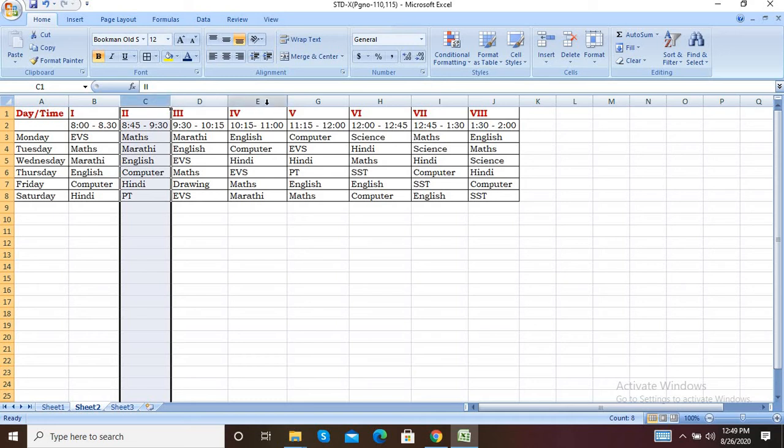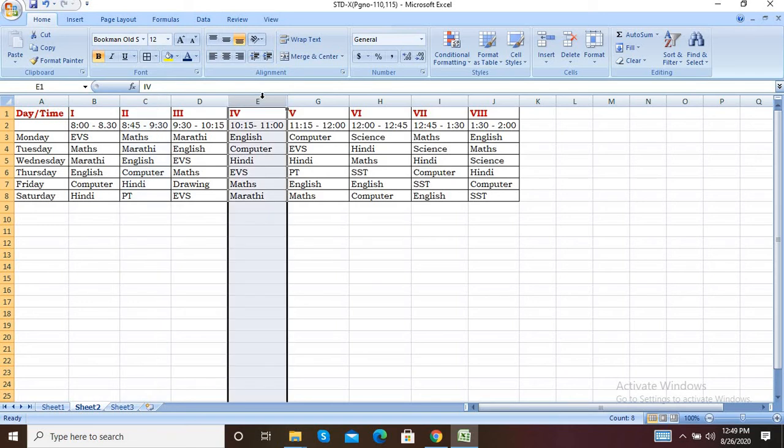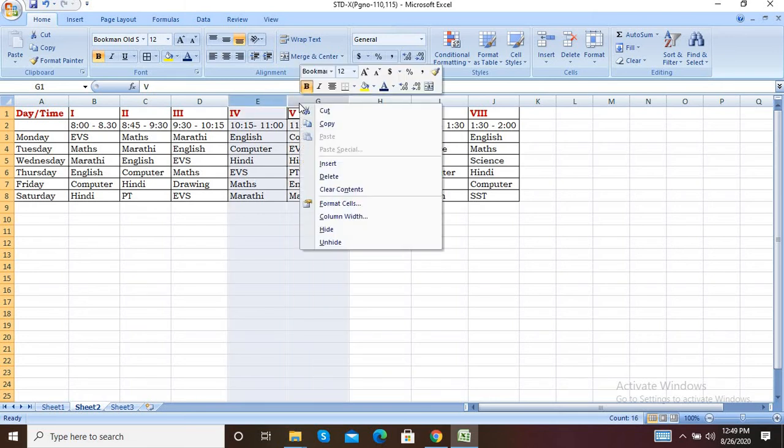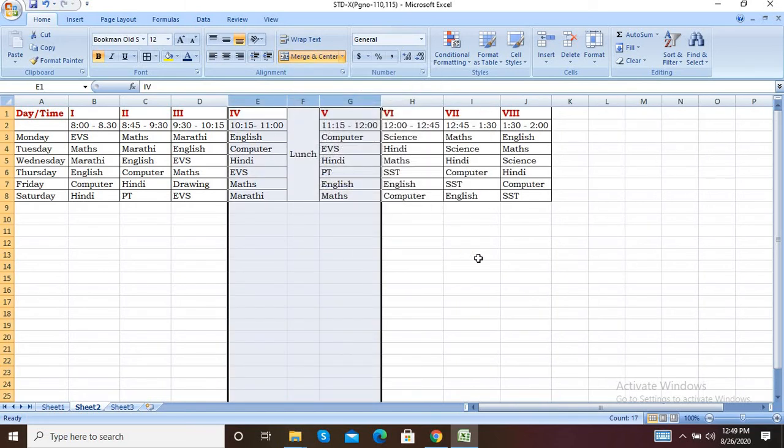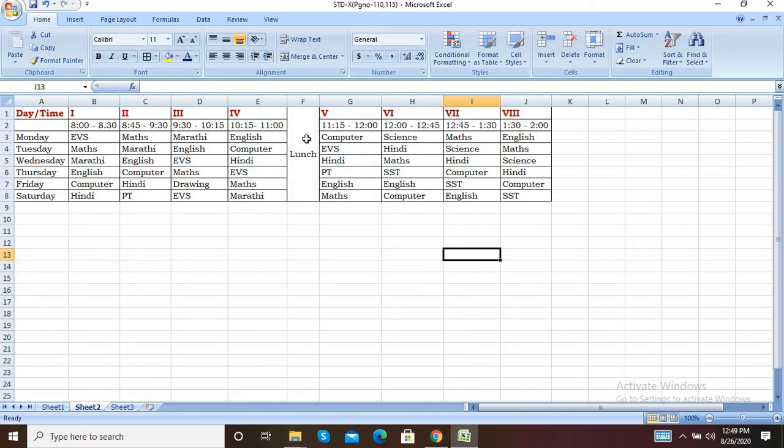We know that our column is here, that's why I am selecting the first and the last column simultaneously. So select the first, press the Ctrl key and select the second one. After that right click and click on unhide. Okay, it will unhide the column. Select the first and last column related to that hidden column.